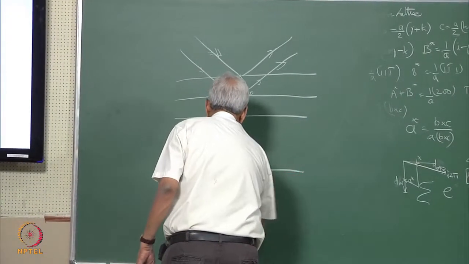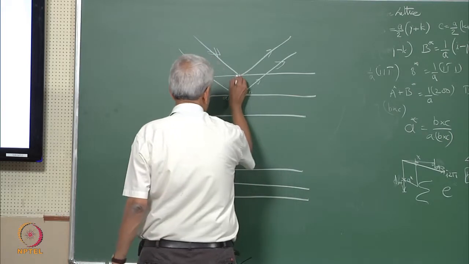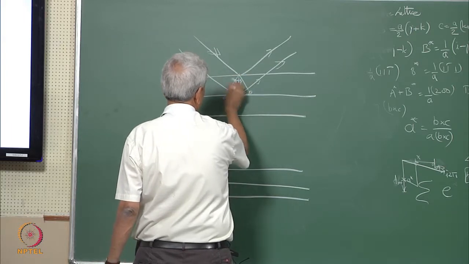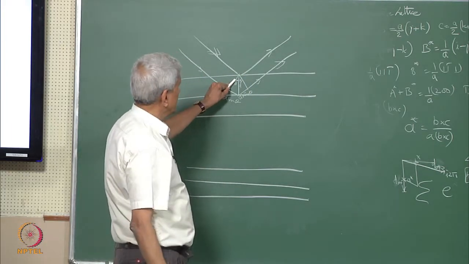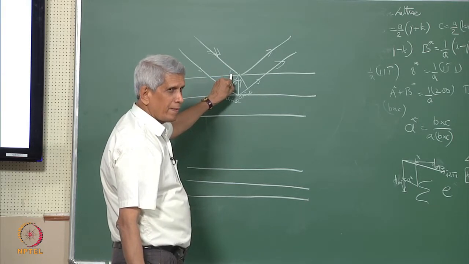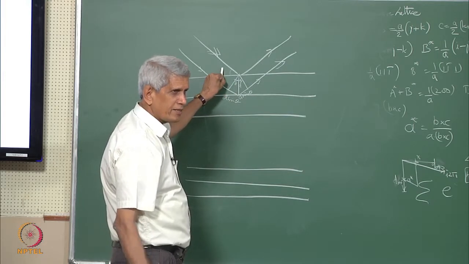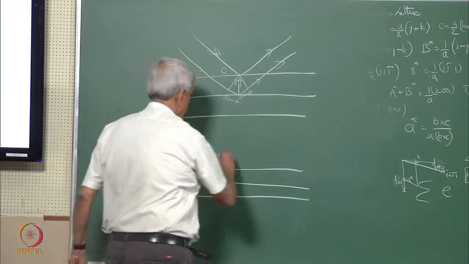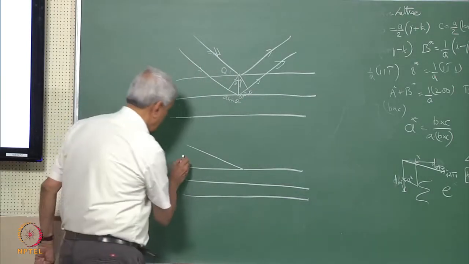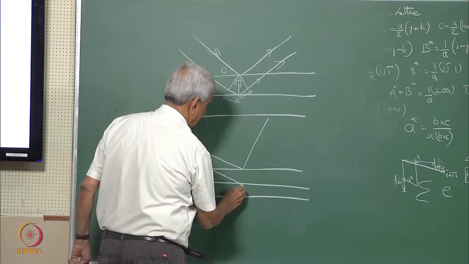Suppose you consider a case. How do you measure this angle theta? It is with respect to the beam, this is the angle theta. Is this how we measure angle theta? Suppose the beam comes like this, and it gets scattered in this direction.